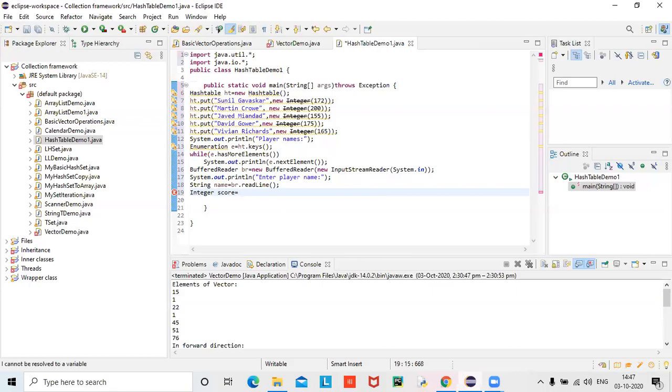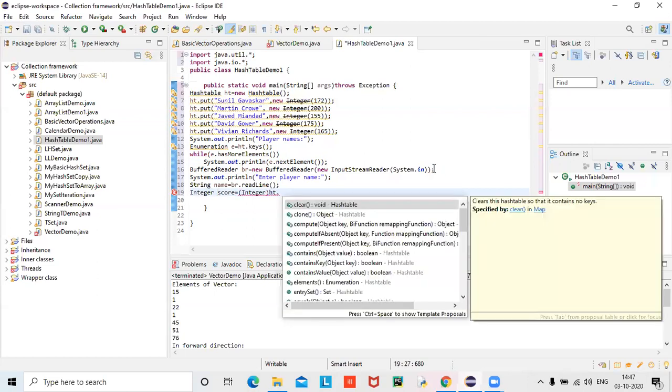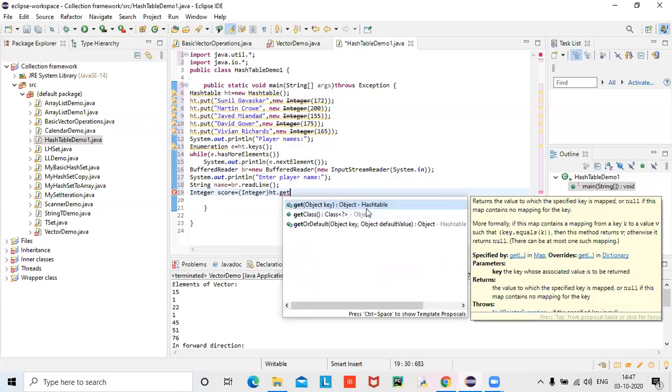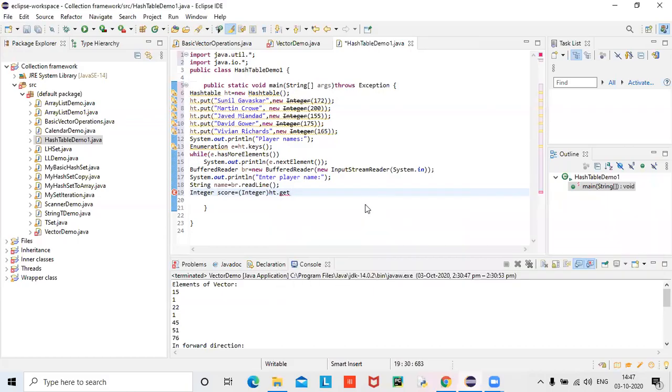Parsing is required actually. Wait, I mean conversion is required. Integer ht dot, there is a method called as get. Get method is there, and you have to pass that key. Get, what is the key? Name itself is the key. Am I right? Name itself is the key. Yes.